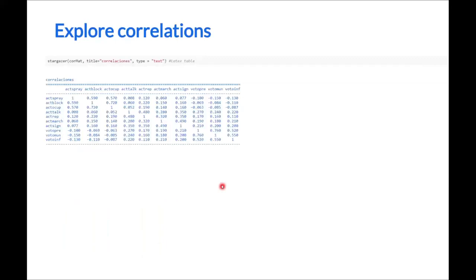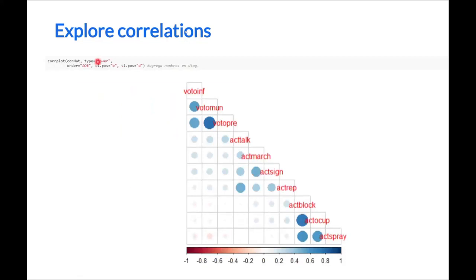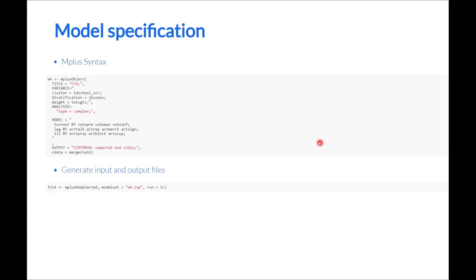About the correlation, this is a way to explore the correlation, but I will show the graphical way to explore it. And here we can observe, for example, that the illegal participation items have higher correlation among themselves than with the others, the peaceful participation items have higher correlation with each other, and formal participation also has higher correlation within itself than with the others. And here we can anticipate the good working of the